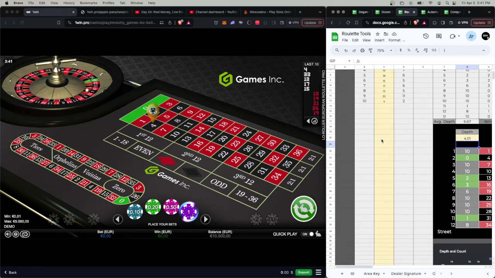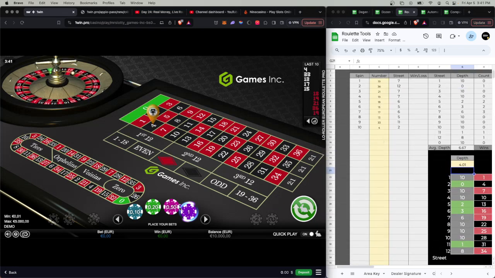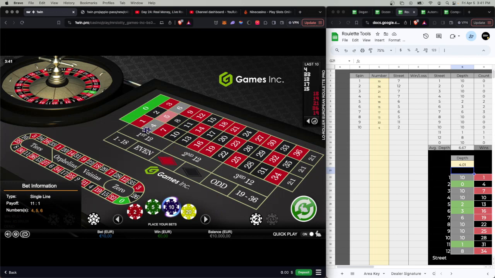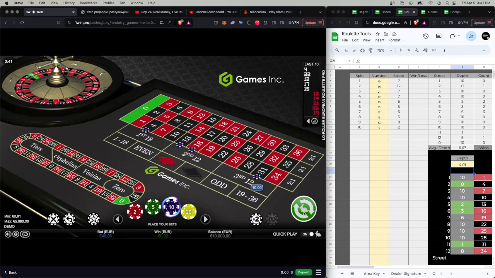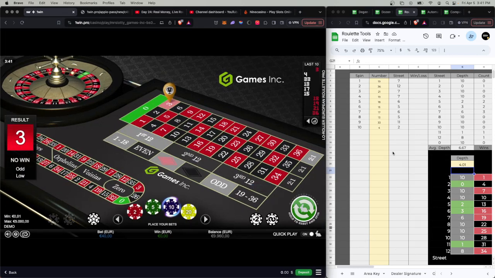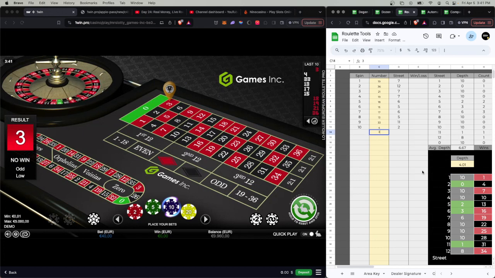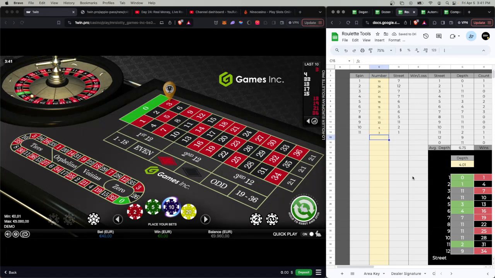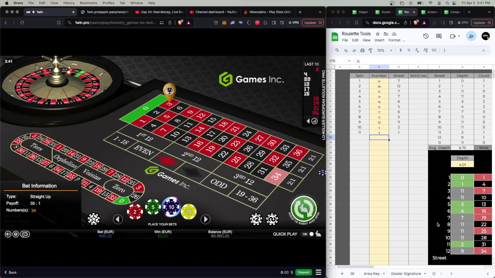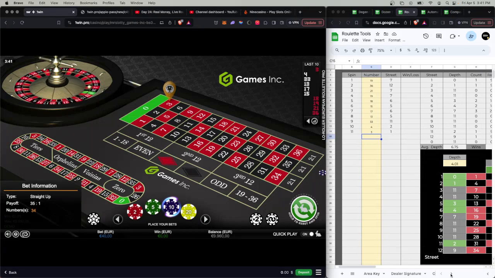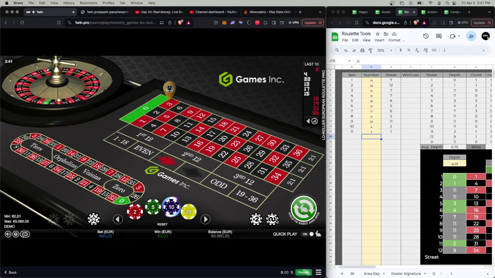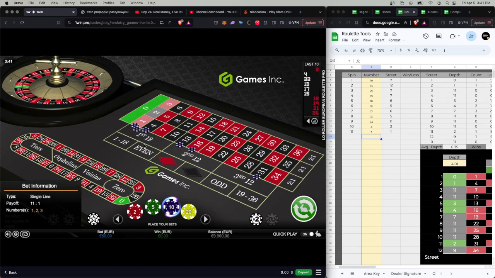So we can just place, we'll start with $1, or we'll use $10. So we'll go 4, 13, 16, 31. Give a spin, and that's a loss. Progression wise, you can use whatever suits you. You can work out whatever progression you want depending on how many streets you're going to bet. As you can see now, our bet increased to 5 streets, which is fine. We'll just rebet, add the 1 street,